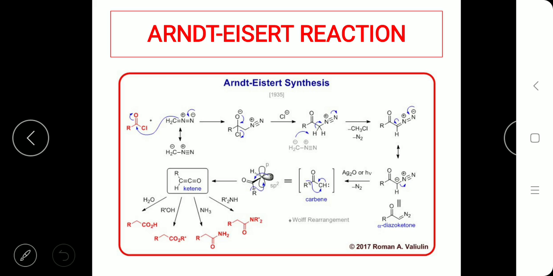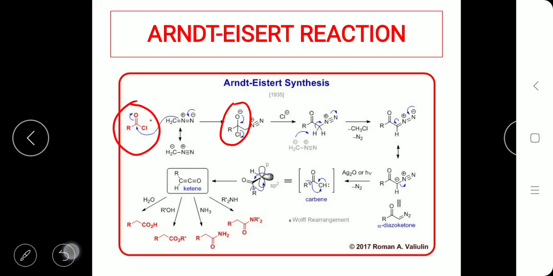So the first step is we have an acid, RCOOH, in presence of thionyl chloride, which is going to give us an acid chloride, RC double bond O Cl. Now in this reaction we are making use of diazomethane. So here we know that the carbonyl carbon is highly electropositive. So what happens here is the nitrogen is going to attack the carbonyl carbon and there is going to be the movement of electrons towards oxygen to give O minus. Now at this point there is going to be the addition of CH2N2 in this form.